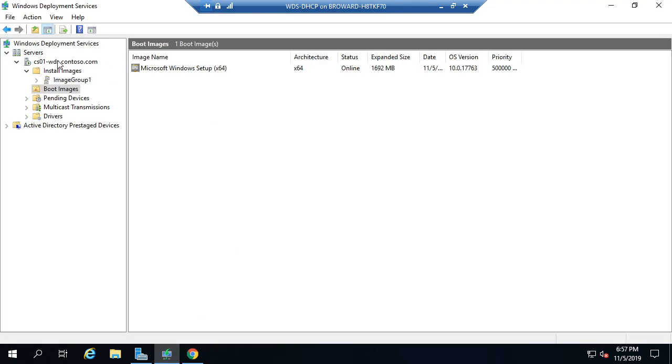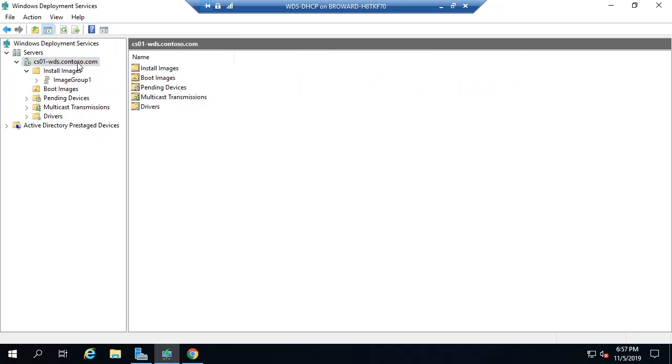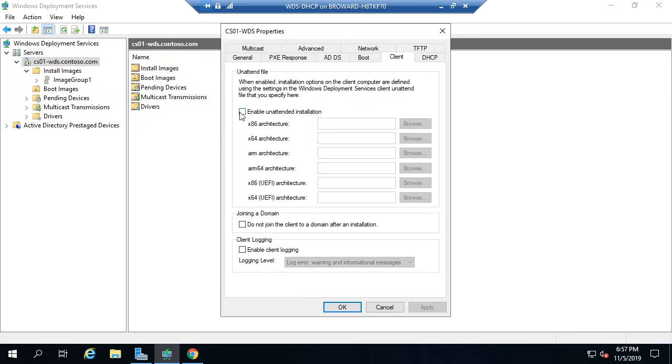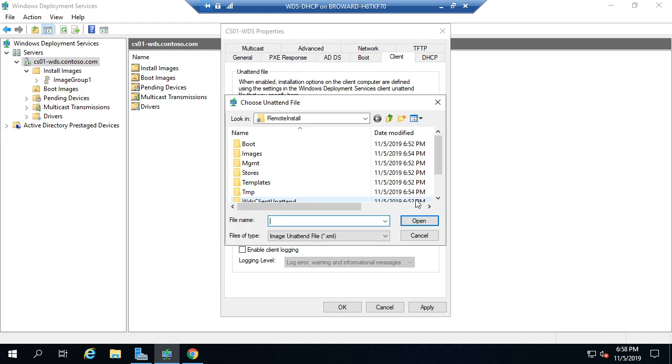Now I need to integrate those answer files into WDS. The first answer file is used when I boot up the server to start the installation, create the partitions, things like that. So I'm going to right click the server name, and under Client, I'm going to say enable unattend installation. We're using generation 2 machines, 64-bit. If we're booting to a virtual machine or a real machine, it doesn't really matter. If it's a generation 2 machine, this will work. I'm going to browse here,